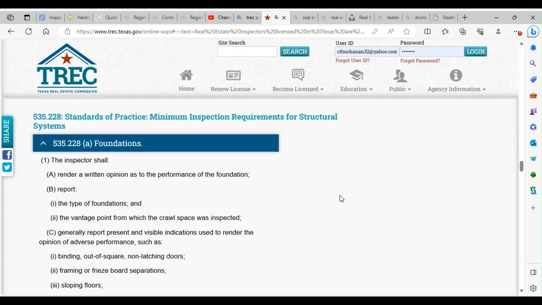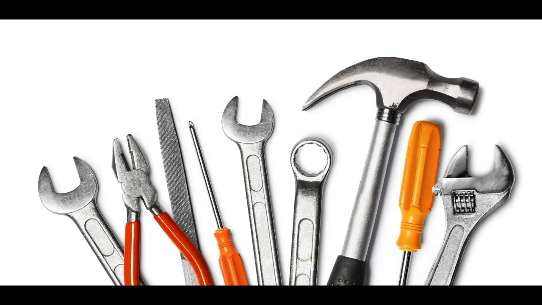This is the section for Texas Real Estate Commission, the standards of practice, minimum inspection requirements for structural systems. A. Foundations. 1. The inspector shall